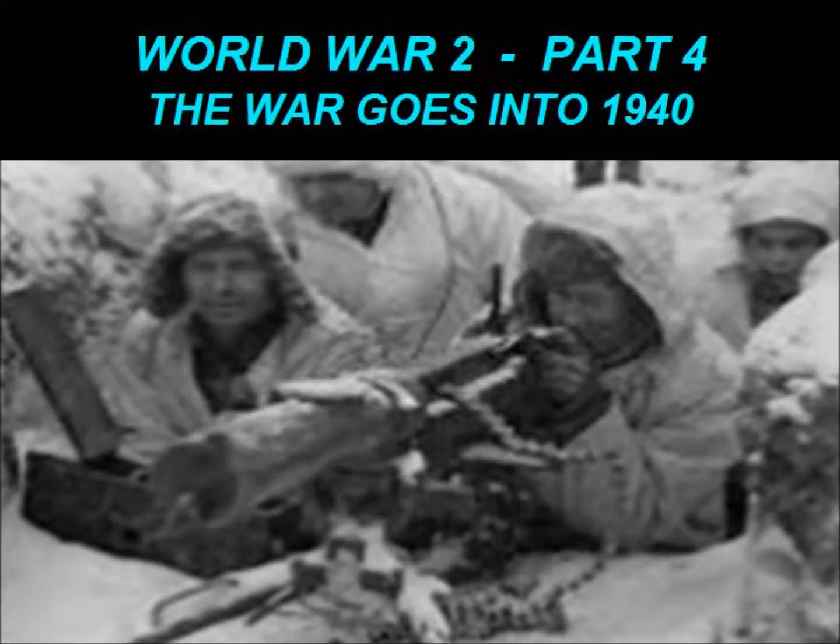On 16th of February, the British destroyer, the Cossack, attacks a German ship, the Altmark, in Norwegian waters. This is the first time that there has been a proper naval engagement in Norwegian waters, kind of announcing the war that is to come. Basically, a British destroyer attacks a German ship in Norwegian waters. Now, the Altmark was a supply ship. It was one of the supply ships that supplied the Admiral Graf Spee during River Plate, and it has 300 British prisoners on board.